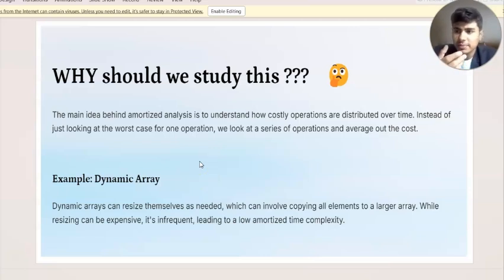As needed means that if the array is full, meaning the capacity is full, it cannot take in more elements. But if we are adding, what it will do is resize itself. It will double its size and then add the elements which were there before and the new one. But if there is space, it will not resize, it will directly add.